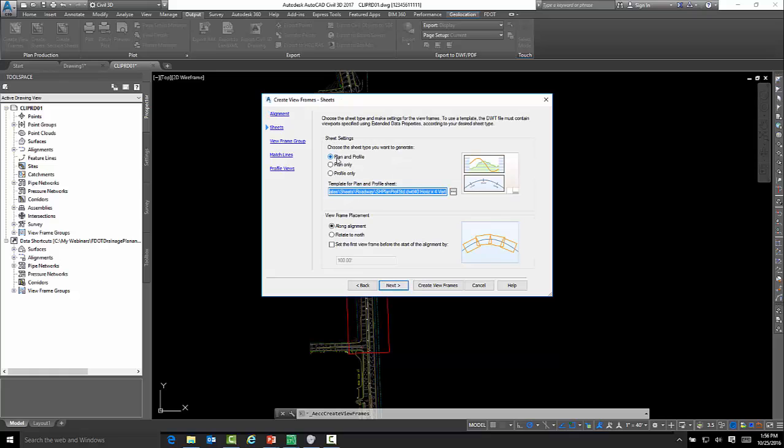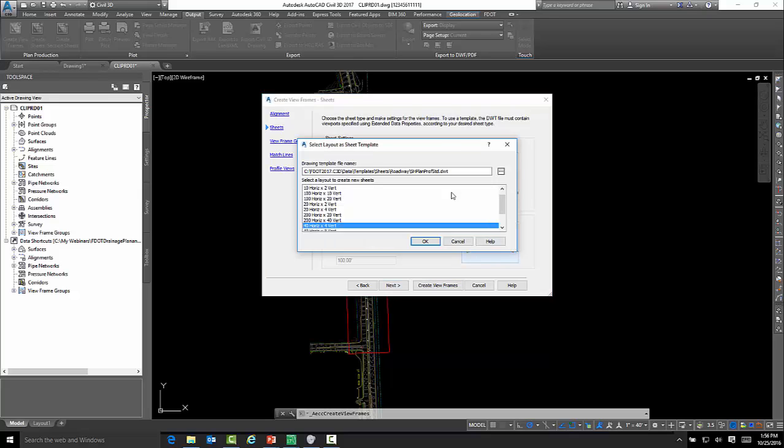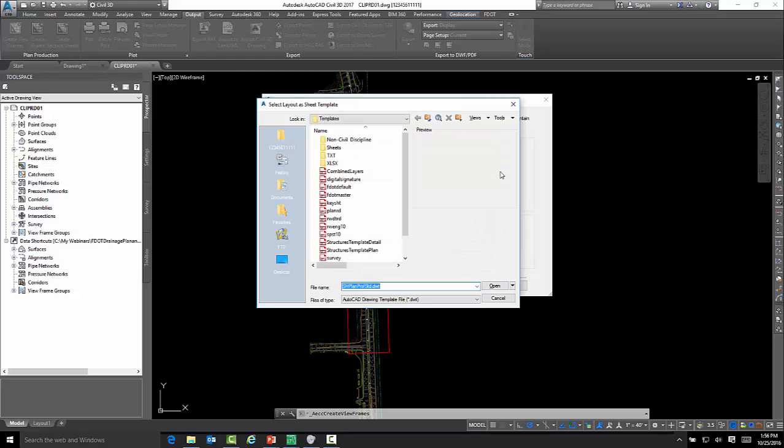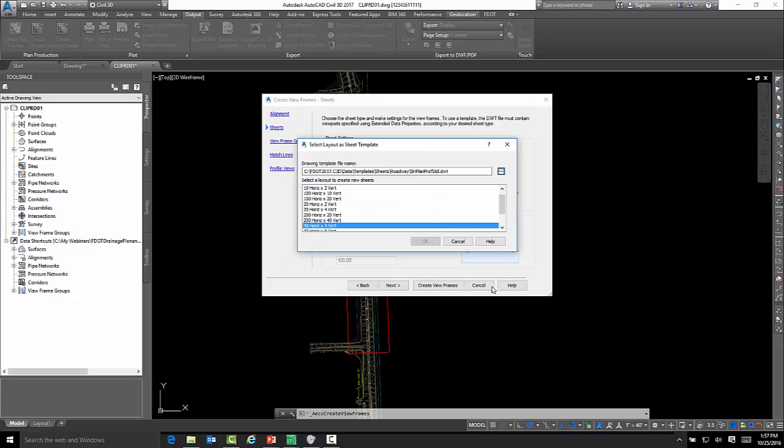For our sheets, we're going to choose plan and profile sheets. When you do that, make sure that you have the right template specified for plan and profile sheets. So click on the dice icon. Here we're going to choose Sheet Plan Profile Standard. If there was another sheet you wanted to pick, you'd pick on the dice icon again. Go to Sheets, go to Roadway, and then here's other plan profiles. You have Dual Plan, Sheet Plan Profile Standard. So go ahead and click it, click Open,